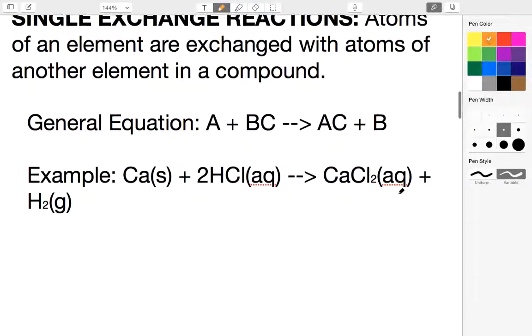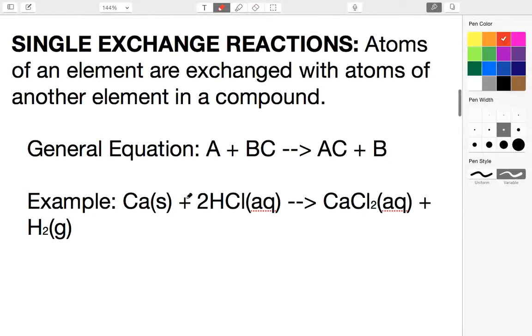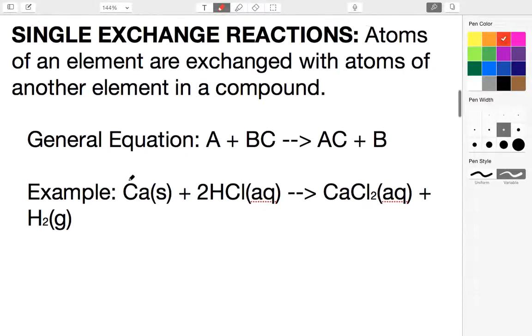So let's just go over what that would look like. So for example, I'm going to color code everything one more time. So for example, I have Ca in red